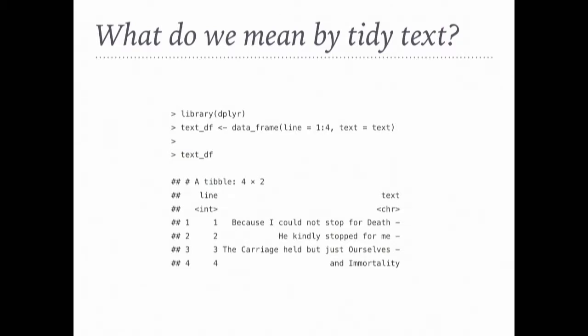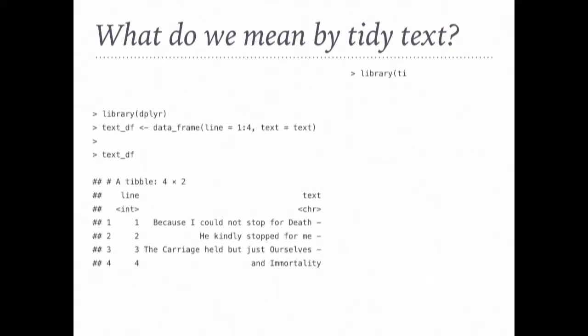So we now have it in a data frame, but this is not yet a tidy data frame. A core underlying principle of what we mean by tidy data is that you have one observation per row. You have one column for every variable that you're observing and one observation per row. Within text, the observation that we're making, we usually talk about it in terms of a token. So the token is a unit of text that you're interested in talking about. Often, the token is the single word. It could be something else, like an n-gram or a sentence, or something that you extract via a regex pattern, but often it's a single word.